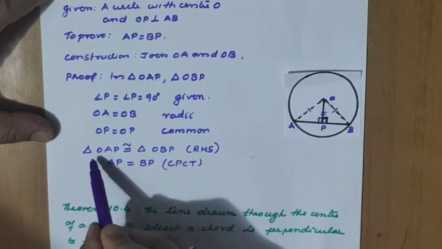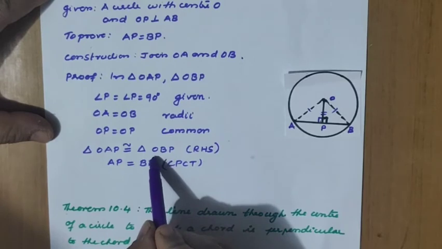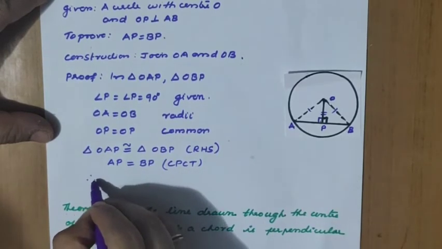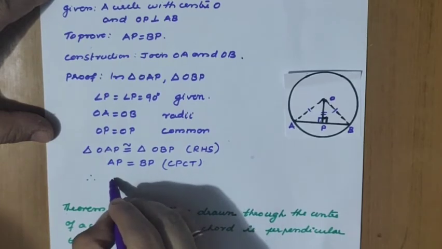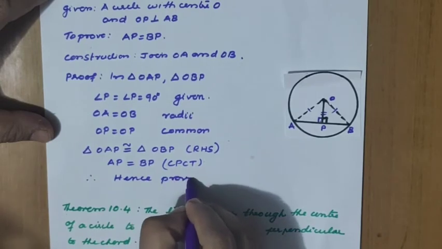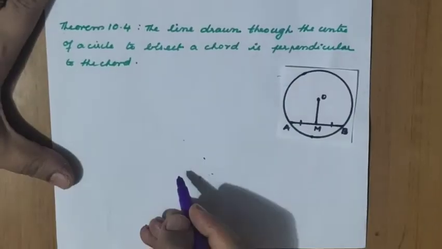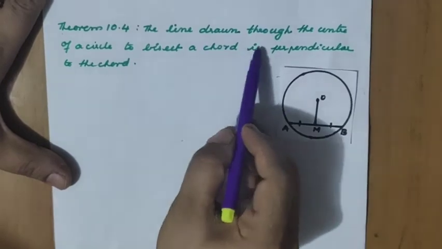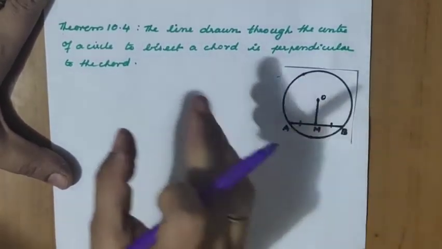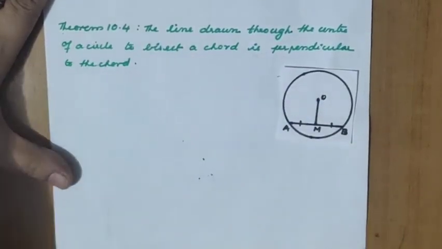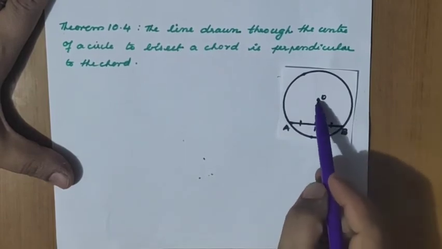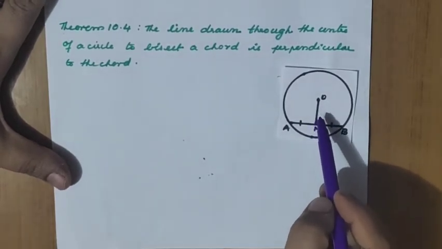By RHS criteria, triangle OAP congruent to triangle OBP, and from this AP equal to BP. So what is this one? It is bisects. The chord is bisected. So hence proved. Theorem 10.4. The line drawn through the center of the circle to bisect the chord is perpendicular to the chord. This theorem is the converse of previous theorem. The line drawn through the center of the circle, that means OM is a line drawn from the center of